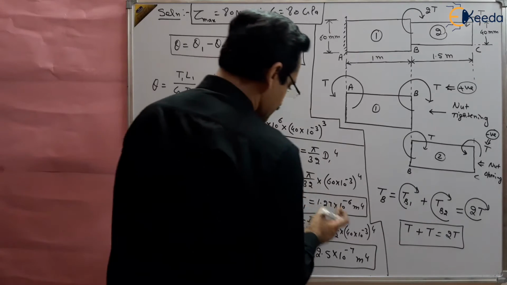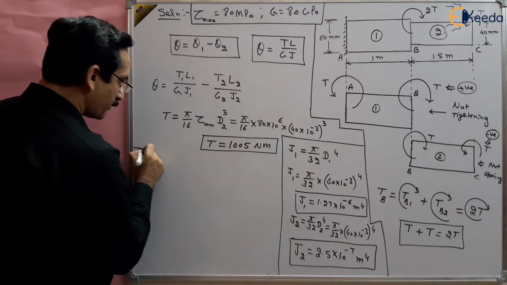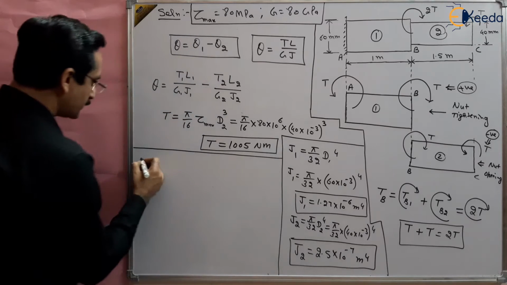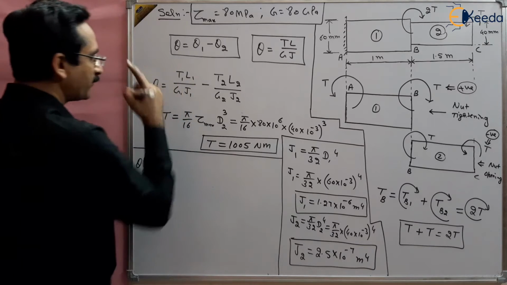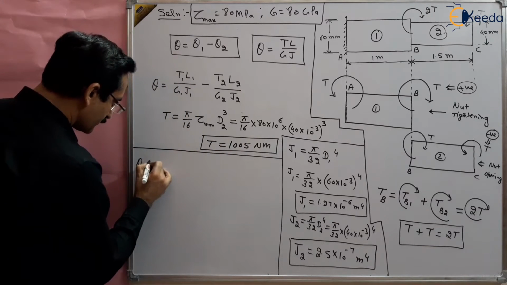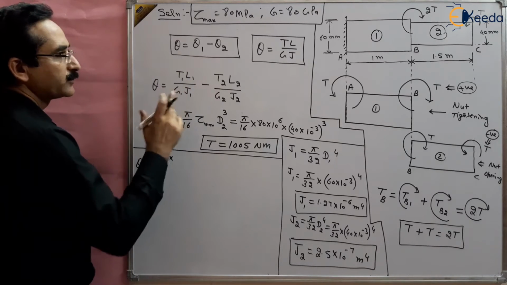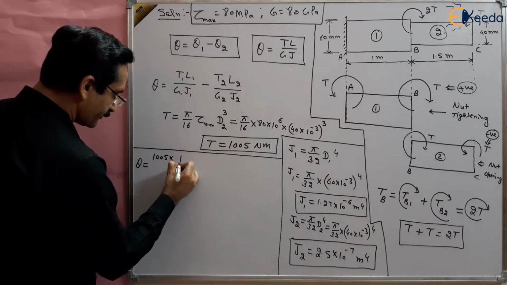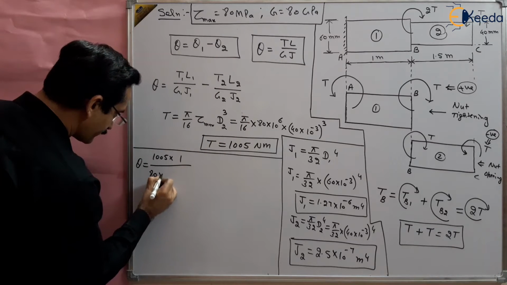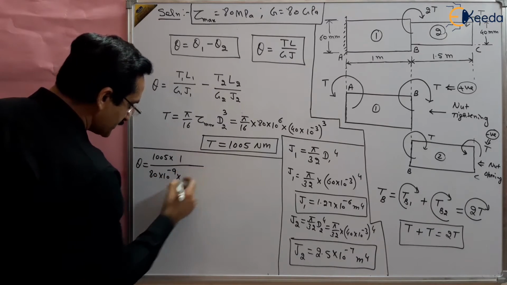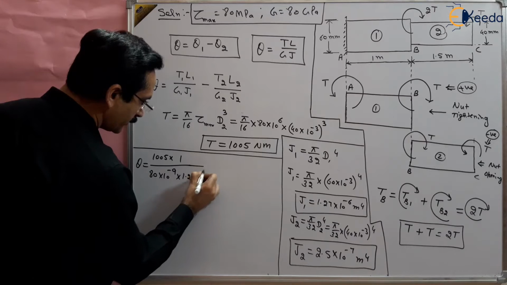So this is another part of this question. Polar moment of inertia of first, polar moment of second. Put this value in this and get the value of theta. So now you can find out the angle of twist theta. So theta will be equal to T1 L1 by G1 J1. T1 torque 1005. So 1005 multiplied by L1. L1 is the length of first part, 1 meter. 1 divided by G, 80 gigapascal. Convert it into Pascal, into J1. J1 is known to us as 1.27 into 10 power minus 6